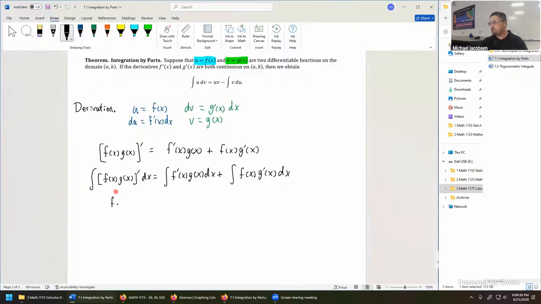So here's f of x, g of x, and let me recopy these. Well, f prime at x times g of x dx, we could rewrite that as g of x times f prime of x dx plus, I like the ordering here, I want the derivative next to the dx, so f of x times g prime at x